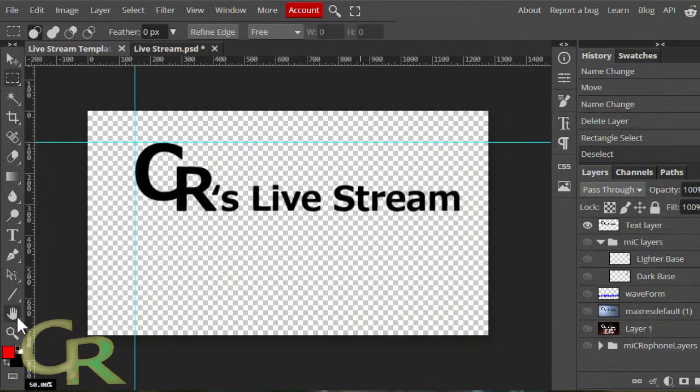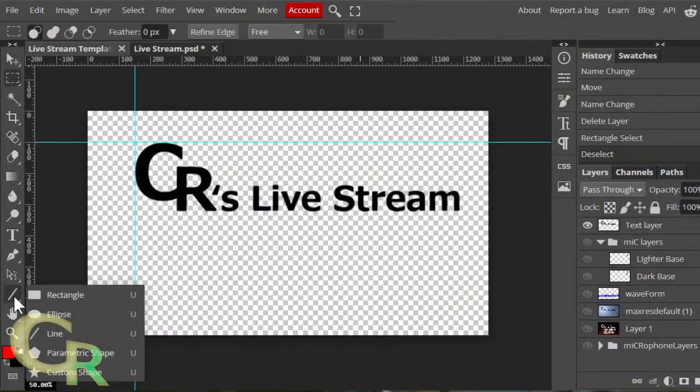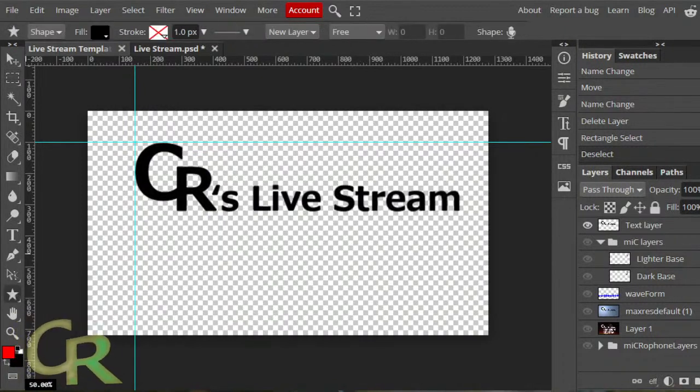Let's add another shape in. Not the hand tool. Yeah, right there. Right click on that. Custom shape. Just double check on some stuff right here.